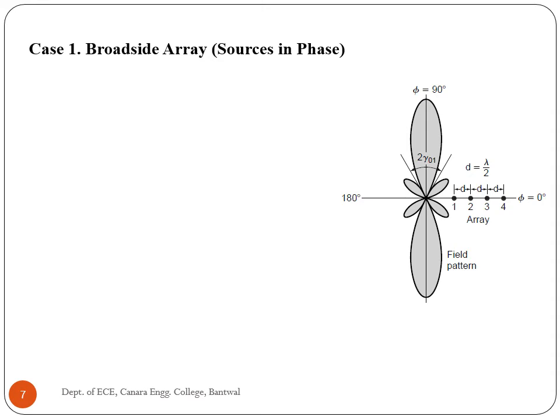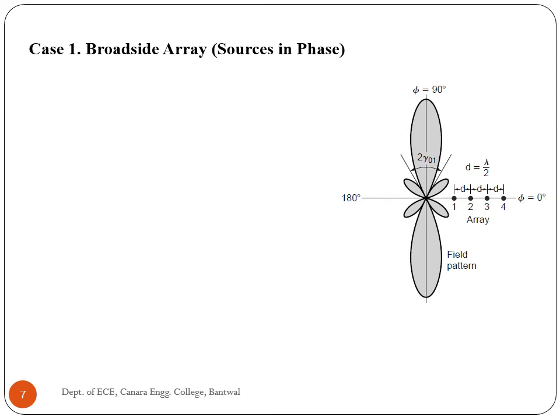To illustrate some of the properties of the linear array, in the syllabus 4 cases are discussed. The first one is broadside array. In a broadside array system, the peaks should be in a plane perpendicular to the axis of the array. As we can see in the figure, major lobes are perpendicular to the axis of the array. In a broadside array system, sources are in phase. Power is applied with equal amplitude and in phase.